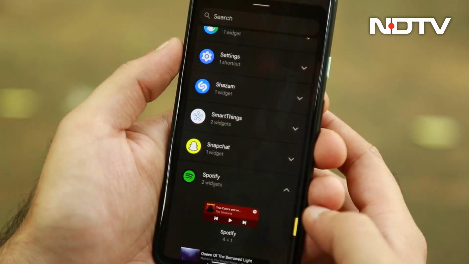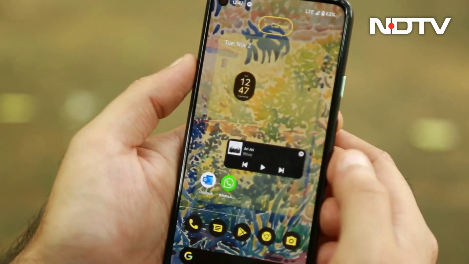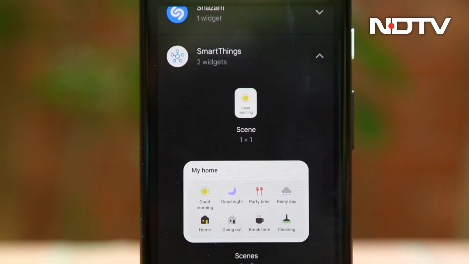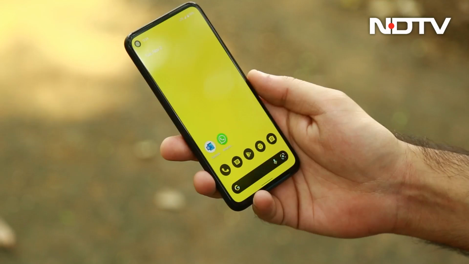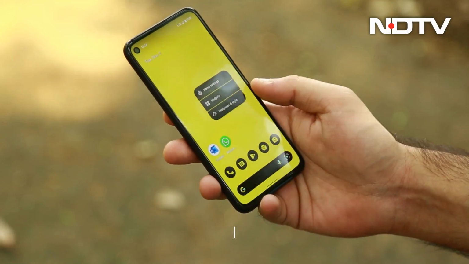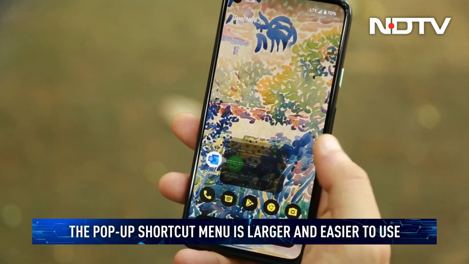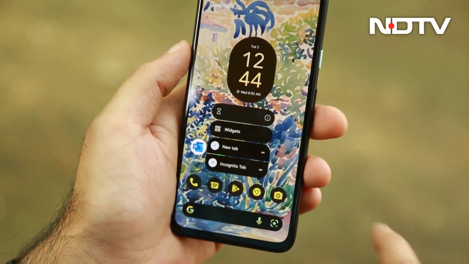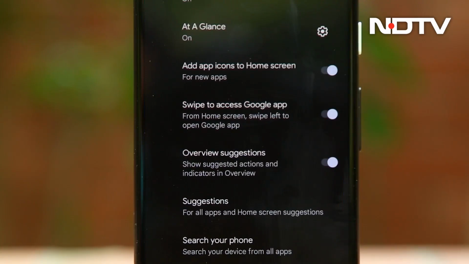One of the more prominent UI changes is the updated Media widget that appears in the drop-down menu when you have music playing. Google has enlarged it, making it span almost the entire width of the screen and adjust the layout so the controls are closer to the middle of the screen. Another quick small tweak to the interface comes in the form of the new pop-up shortcut menu that appears when you tap and hold an app icon. The menu is larger with each command separated and taking up more space on the screen, likely to make it easier for people to use.